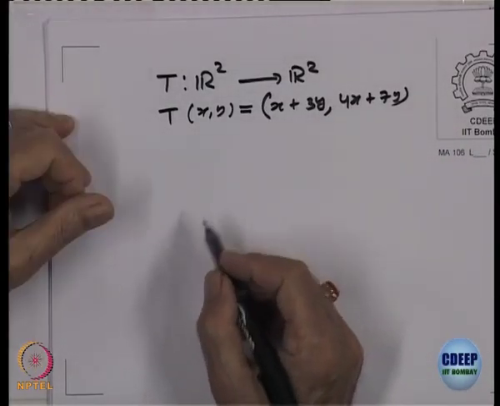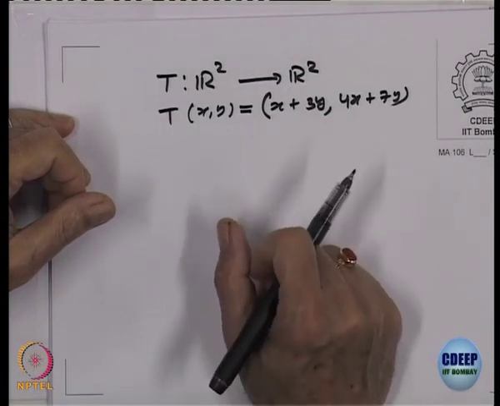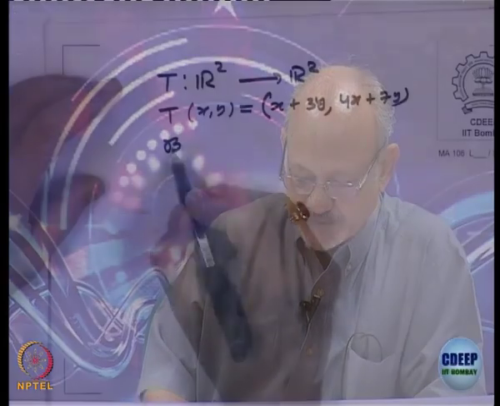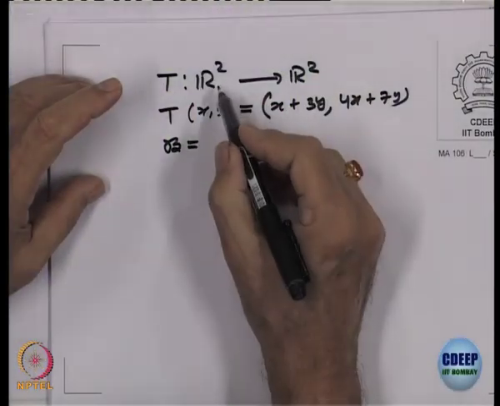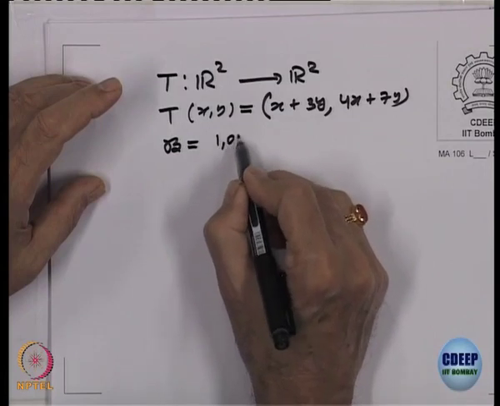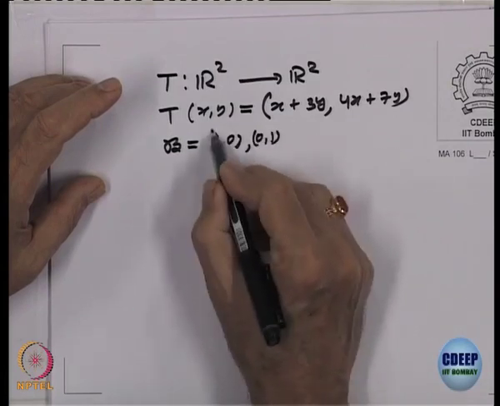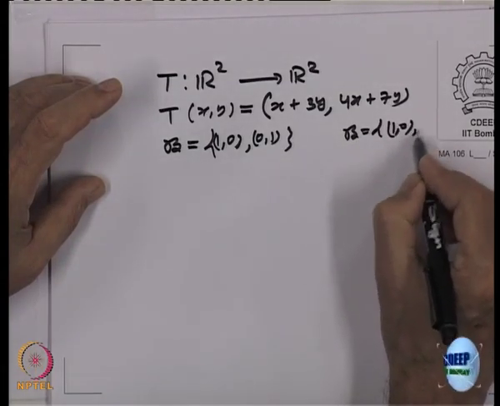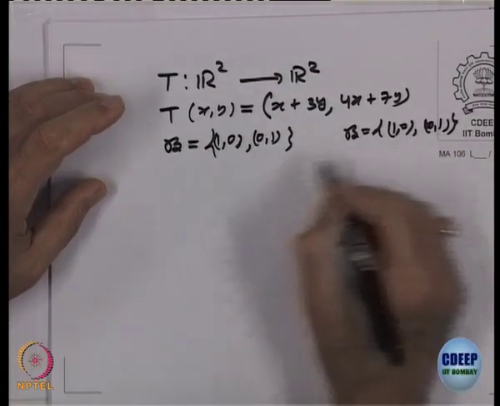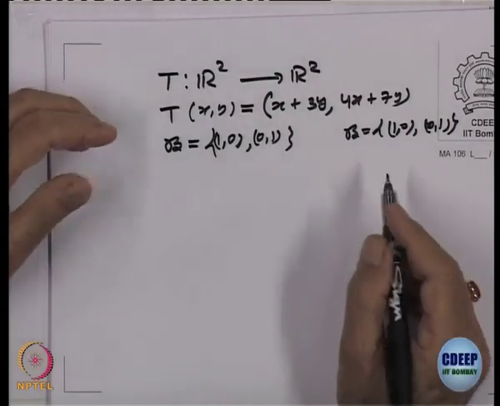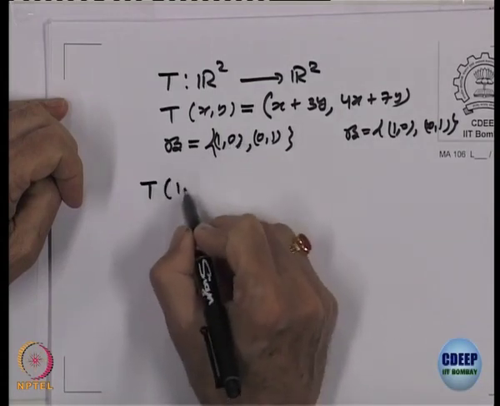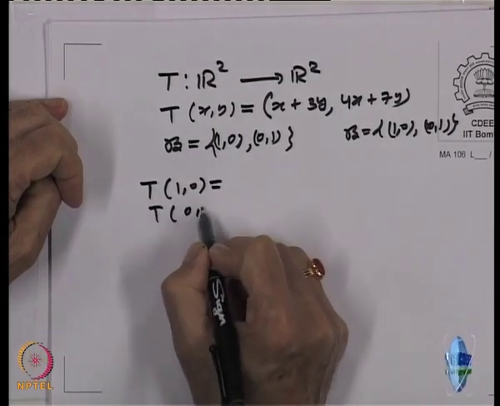Okay. So, if I want to compute the matrix, what do I have to know? We have to have a basis on the domain and a basis on the codomain. So, for simplicity, let us take the standard basis on both. On the domain, the basis is (1, 0), (0, 1), and the same basis on the codomain. I am just taking this because computation becomes slightly simpler, otherwise you have to solve equations and so on. Okay. So, what is T of (1, 0) and what is T of (0, 1)?